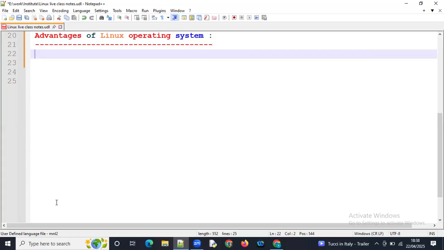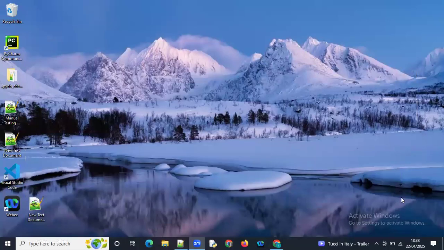And the second thing is free. Free means if you want to install the Linux operating system, we don't need to buy a license. Some operating systems require buying a license. Here, in the right side corner, it is showing 'Activate Windows, go to settings to activate Windows'.